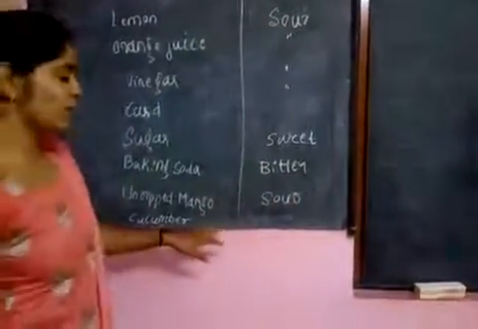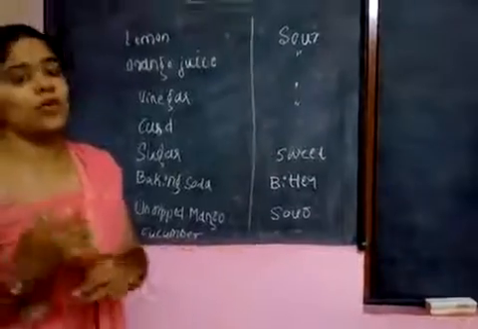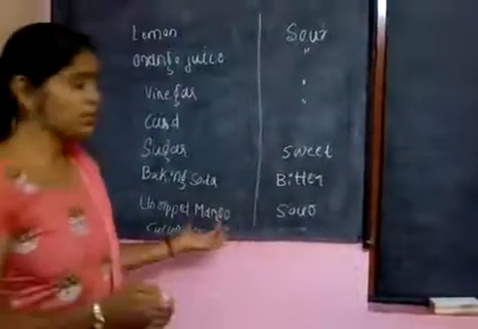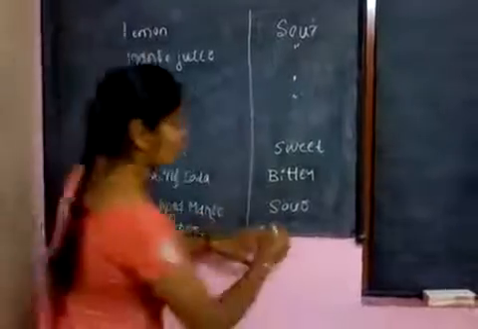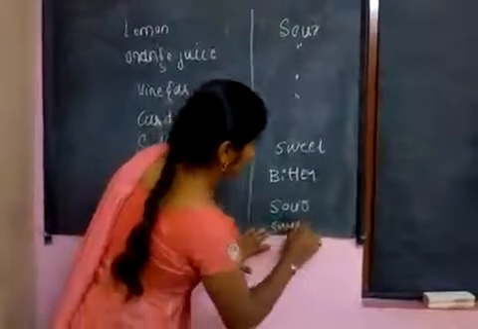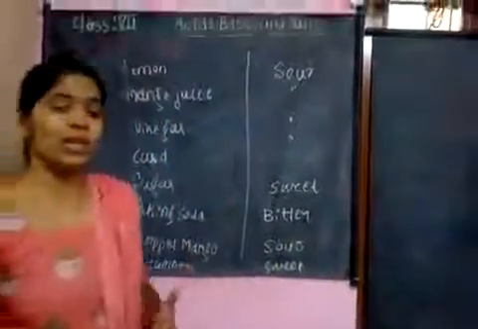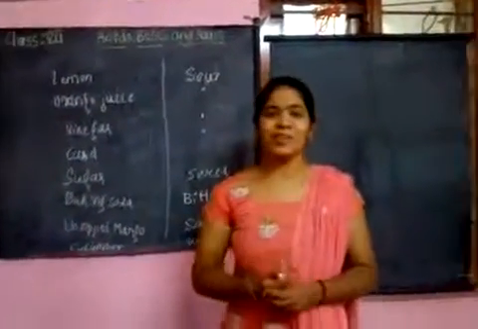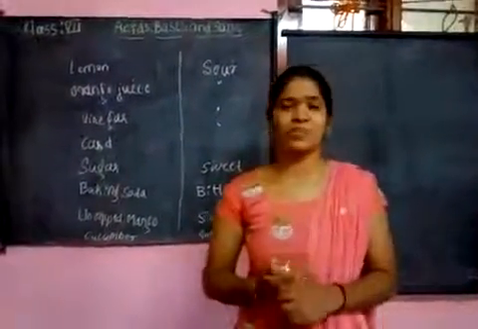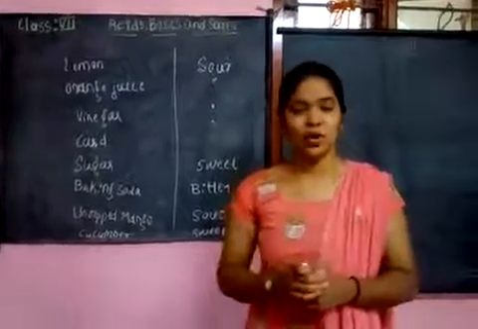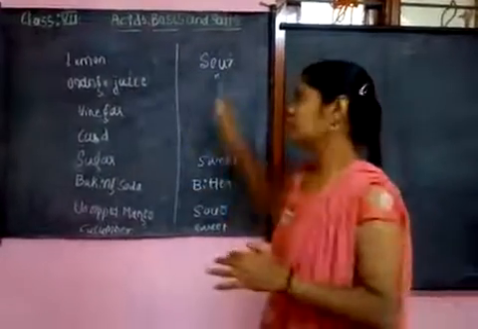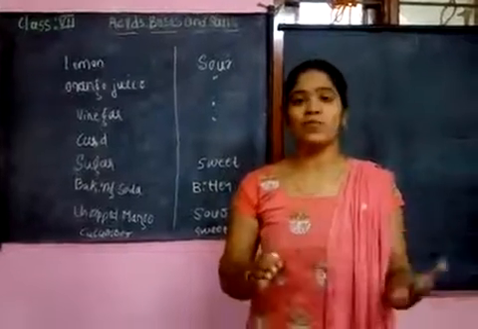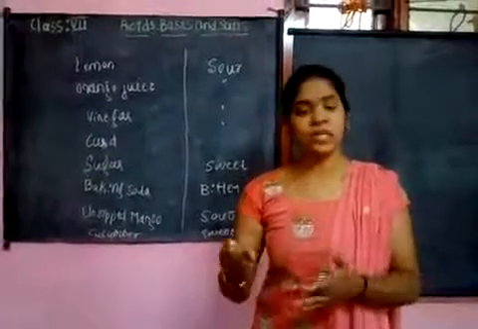And then cucumber. Some are sweet in taste, some are bitter in taste. Usually we prefer the sweet one. So we say that it is not a sour one. Have you heard about tamarind? Tamarind, when you eat it, gives a puckering feeling. So that is a sour taste. So these are some examples which have different types of taste.